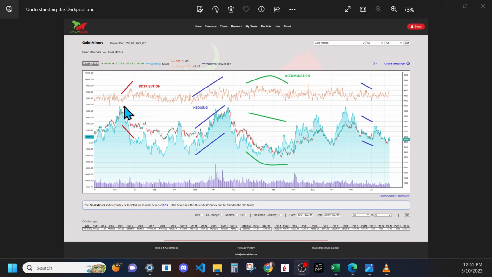where the price is rising, the DPI is rising, but the price and the gamma are both dropping. Now, this divergence here between the different actions of the three elements that we're describing here shows us that there's something odd going on,